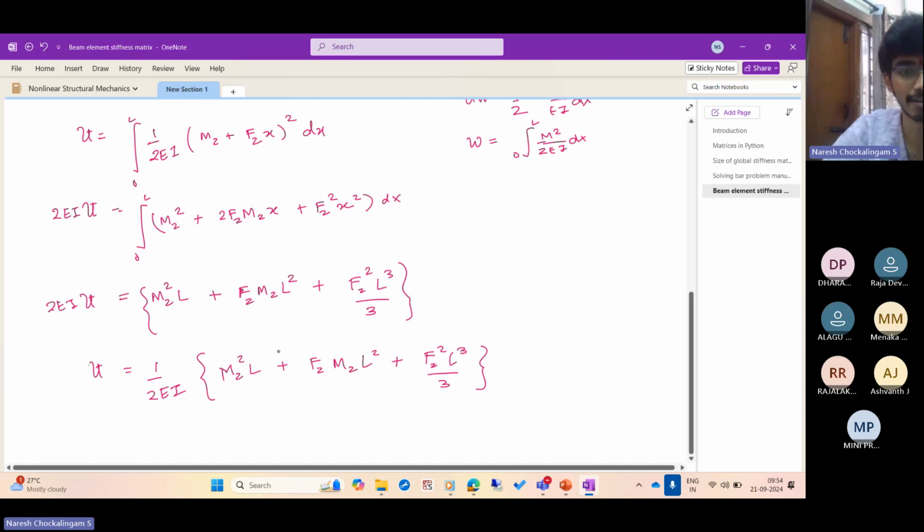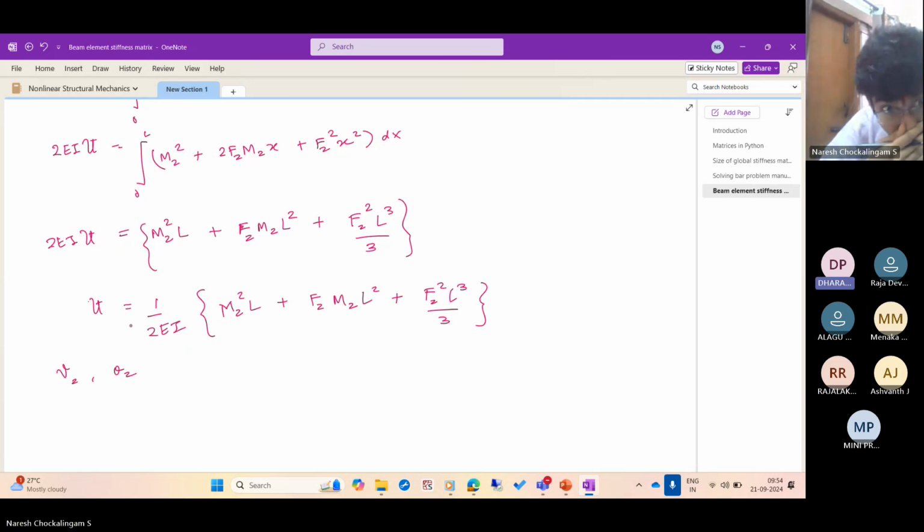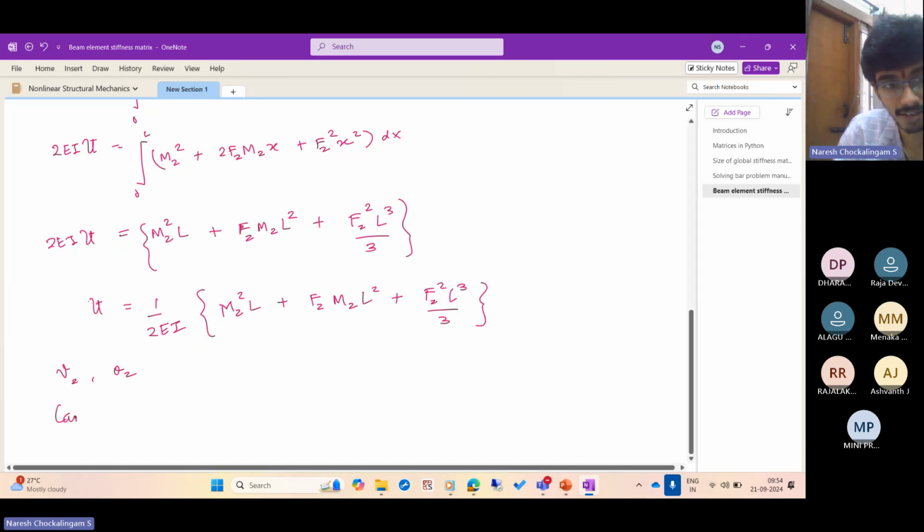What do we do next? I want to get V2 and theta 2. What is the relationship between theta 2 and this? dU by dM2 will give theta and dU by dF2 will give deflection. Deflection, yes. So Castigliano's second theorem states that